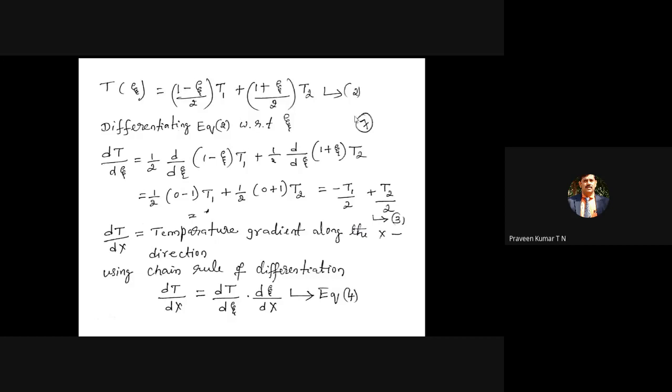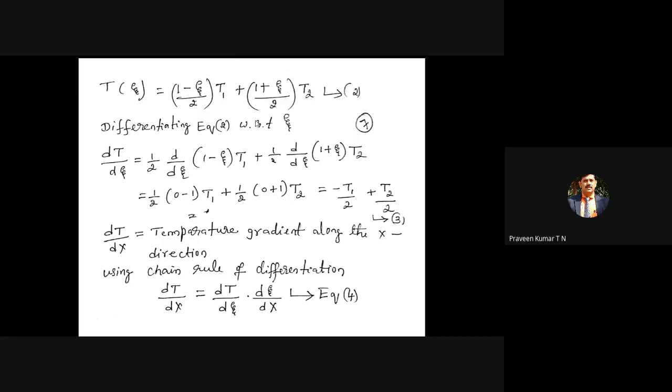That means we have this equation 2, and you differentiate it with respect to xi because you are following the natural coordinate system. We have one dimensional heat transfer. Instead of saying x direction, y direction and z direction, you refer to it as the xi direction. So heat transfer is predominant in the xi direction, almost like the x direction. So x is replaced by xi in the natural coordinate. How temperature varies along the xi direction we can get by differentiating equation number 2.